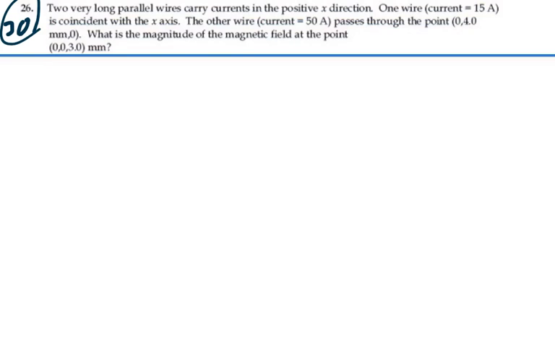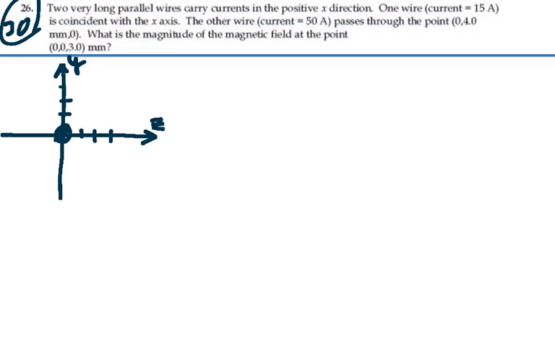So we want to find the magnetic field at a point on the z-axis when our currents are on the x-axis or in the xy plane. So let's turn our whole coordinate system 90 degrees so that the x-axis is actually going into the page. And then our z-axis would be to the right. So we're going to have a z-axis to the right, a y-axis that's going up, and an x-axis that's actually going into the page. So we're going to have one current that's going into the page along the x-axis,